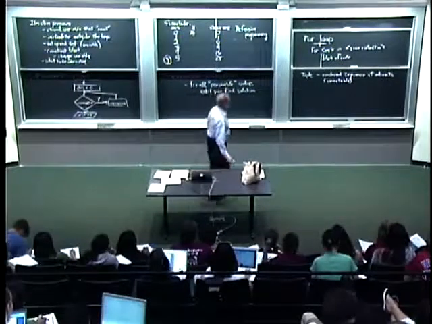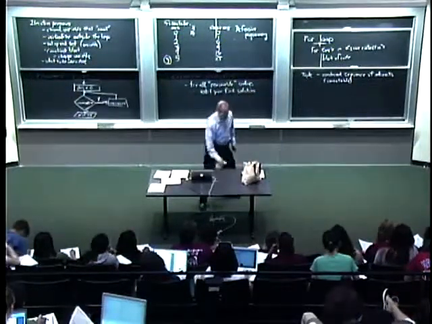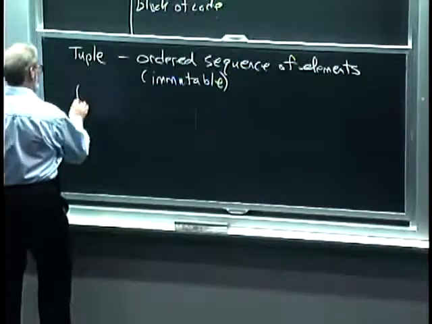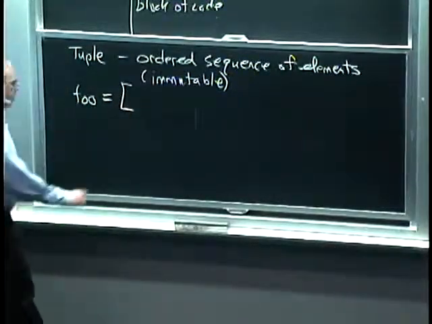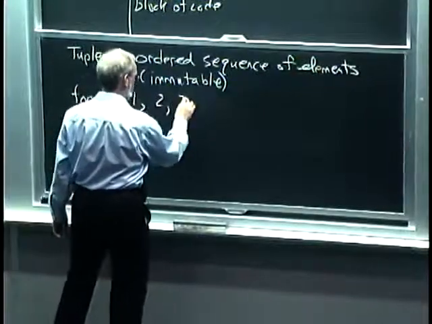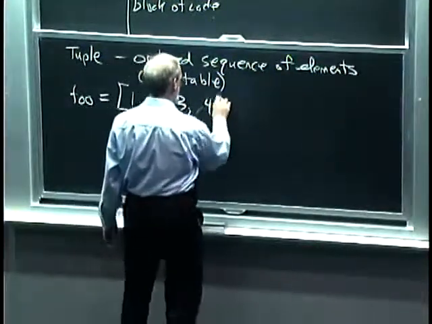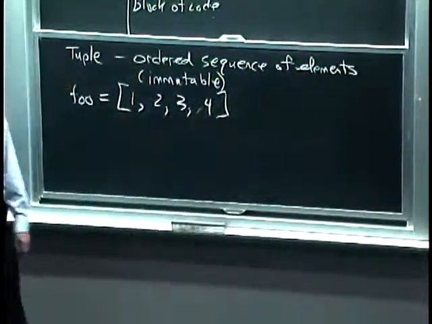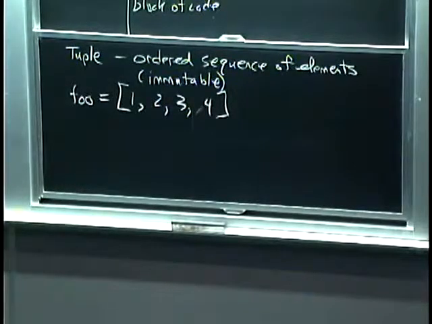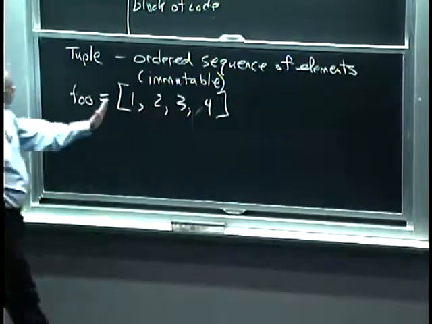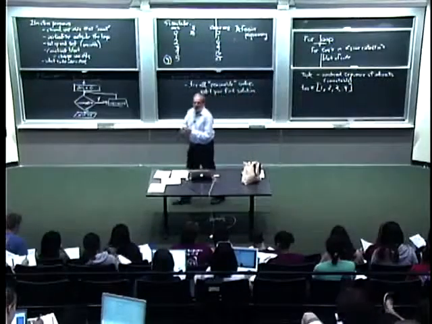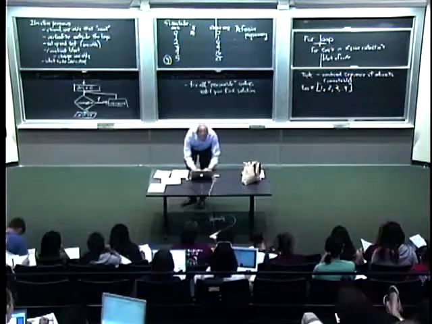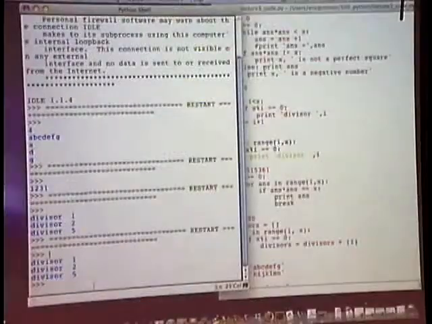Okay? And how do I create them? Well, the representation is the following. A square bracket followed by a sequence of elements, separated by commas, followed by a closed square bracket. And that is literally what I said. It is an ordered sequence of elements. And you can see where they are. Okay, so let me do a little example of this. If I go back over here, let's define,